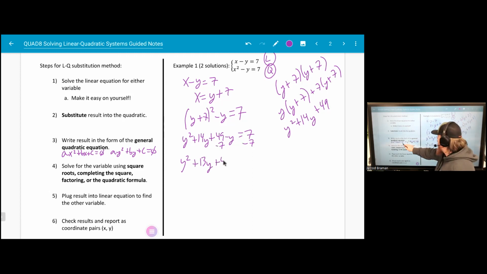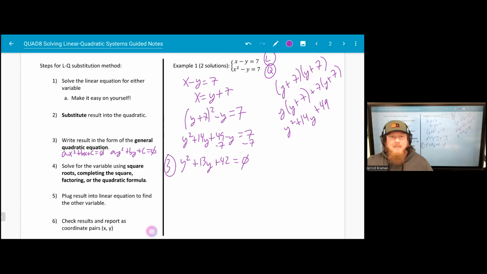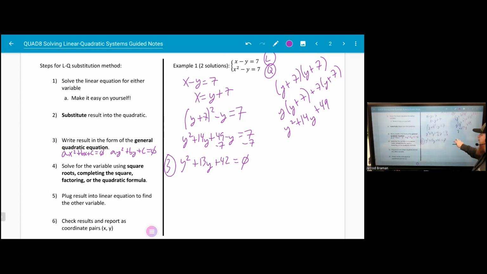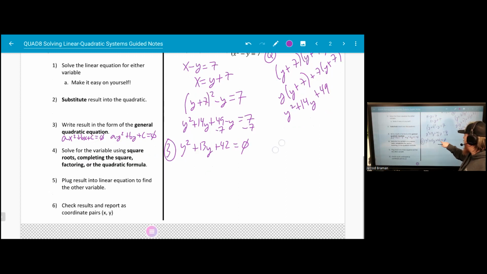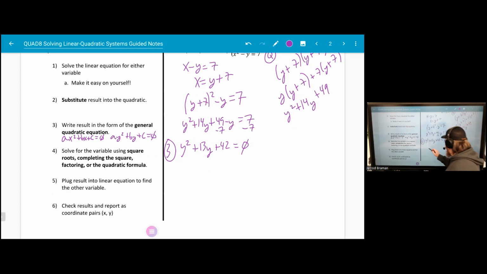So we've done step 3, right? We've written the result in the form of a general quadratic equation. Okay. From here, I need to solve. Me personally, I'm going to look at factoring or quadratic formula. I see right away, I'm like, you know what? That's factoring. Because I know what multiplies to 42, but adds to 13. Y plus 7 and y plus 6